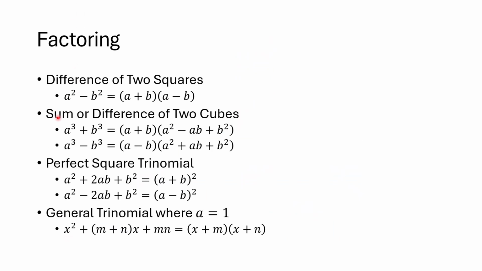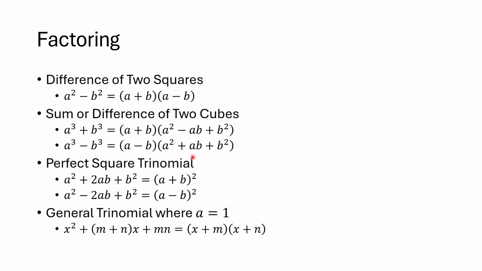Now, when you go with the binomial, a squared minus b squared is equal to (a plus b) times (a minus b). That is how you factor the difference of two squares. For the sum or difference of two cubes, if you have the sum, that will be a plus b, then you square the first term, then multiply the first term and the last term and put a negative sign, and then square the last term. For the difference, it's just the same, however, it will be plus on the middle term.